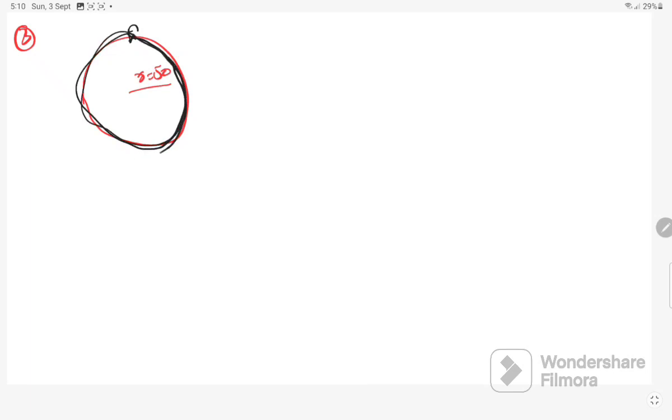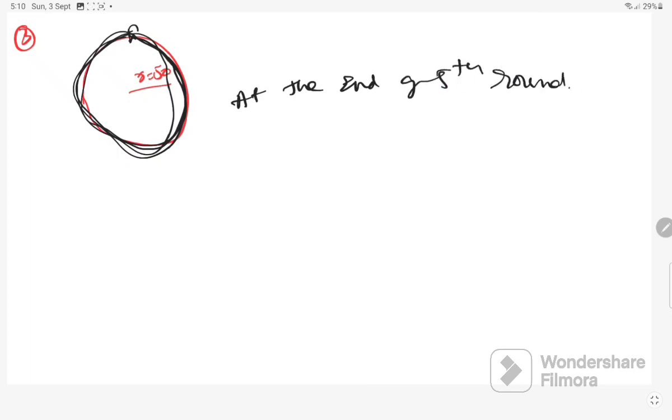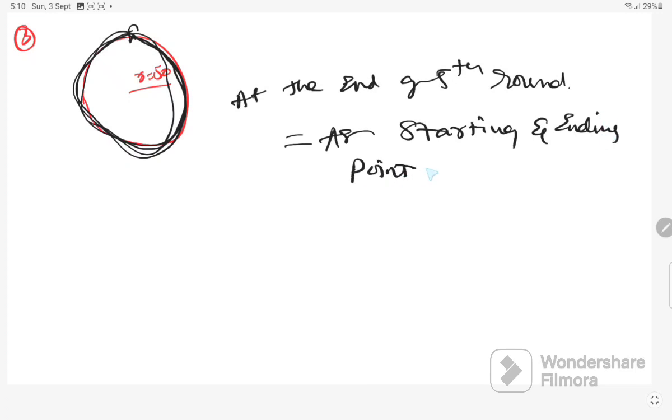Again, like this he finishes 5 rounds. So at the end of the 5th round, what is the displacement covered by the athlete? That will be equal to, see, as starting and ending points are same,